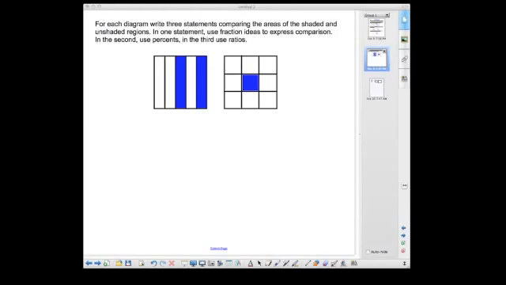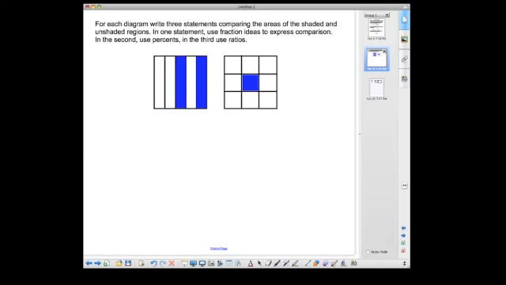When we look at a slightly more geometric example, we can see this problem for each diagram. Write 3 statements comparing the areas of the shaded and unshaded regions. In one statement, use fraction ideas to express comparison, in the second, use percents, and the third, use ratios. So in the first statement, we can easily compare ideas with